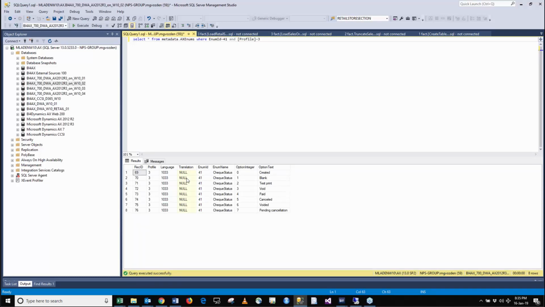Voila. So you see, I have this information from the AOT transferred into the BI for Dynamics data warehouse,